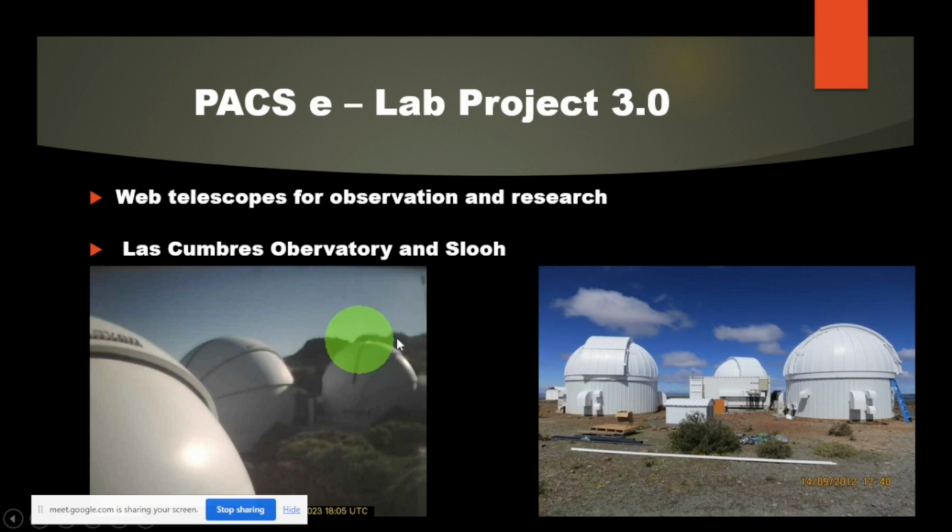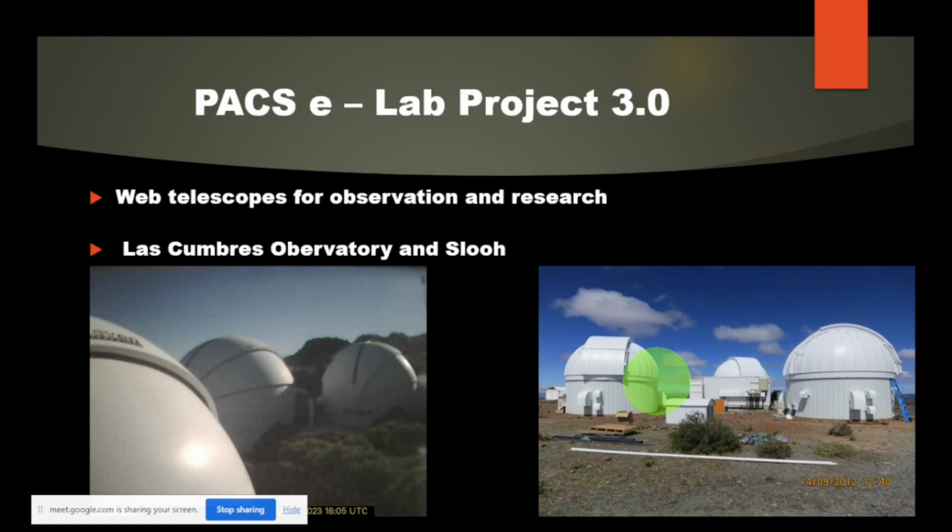Then the third project is this one. These are called robotic telescopes. These robotic telescopes, you can operate them from your office, right there in your office. If I give you a code to this telescope, you'll be able to access it and control it from your office. You can use it to conduct research. You can use it for astrophotography, visuals. You can use it for many beautiful things, and we hope to use it to encourage astronomy research in Africa